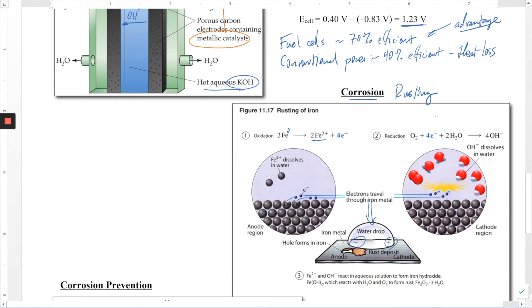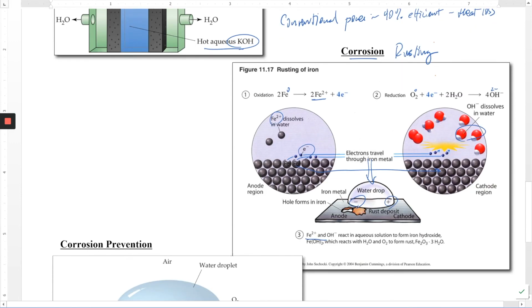And in the anode, the iron 2 plus is dissolved in the water, and then these electrons travel through the iron to the cathode where the oxygen is being reduced. So oxygen gets reduced to oxygen 2 minus again, and puts hydroxide in the water. And this hydroxide in the water is actually what's responsible for formation of the iron oxide rust that we're most familiar with in a series of reactions, as you can see down below here, where the iron 2 plus and the hydroxide react, and eventually they end up forming